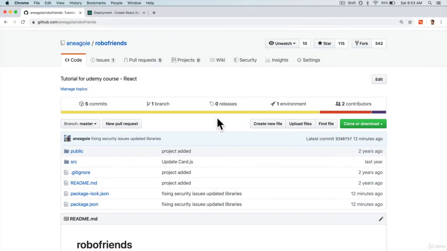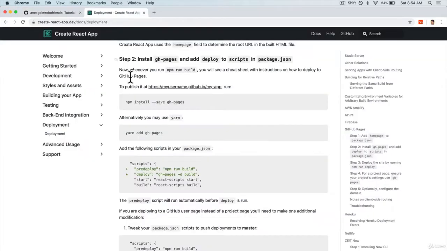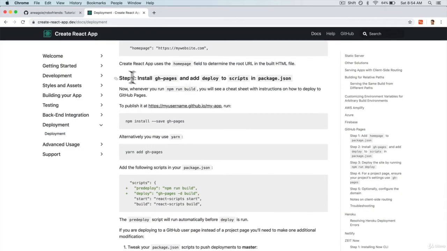Hey everybody, we have our RoboFriends app now on GitHub, and you should be able to put up your RoboFriends project on GitHub. But here's the thing, would it be nice if we can use GitHub Pages to actually check out our RoboFriends app without having us to clone, download, npm install, just like we've done with simple HTML projects? Well, with the Create React app, there's actually a way to do this